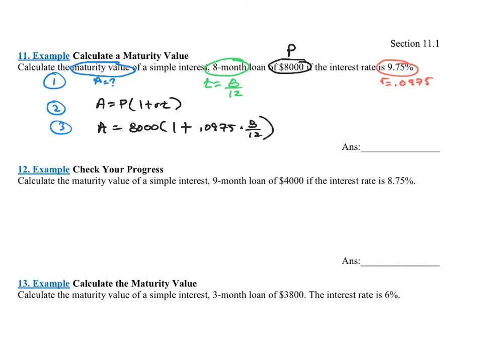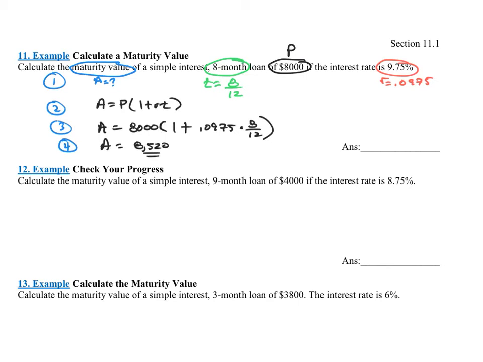Close those parentheses. Be really, really careful plugging those into your calculator. Make sure you're using the parentheses or you will not get the right answer. And remember, this number here, the future amount, should always be more than the initial amount. So what are we getting? Plugging it into my calculator, I'm getting